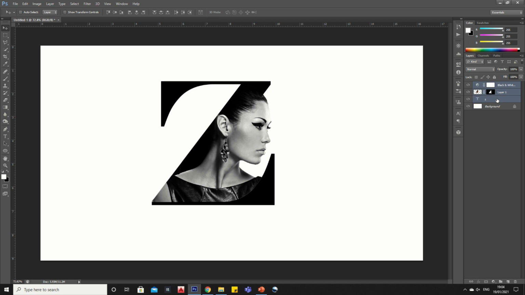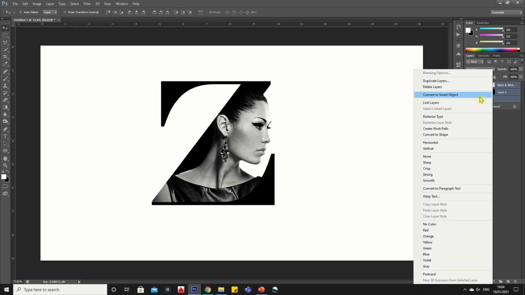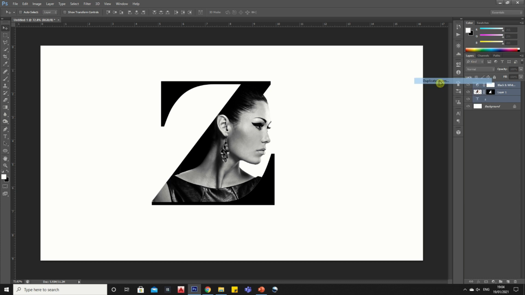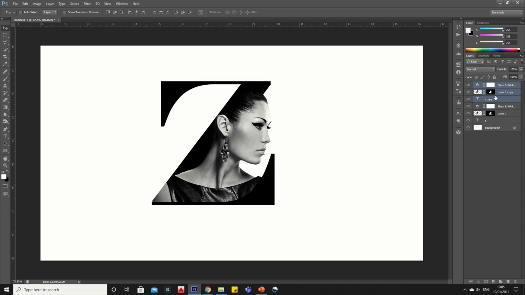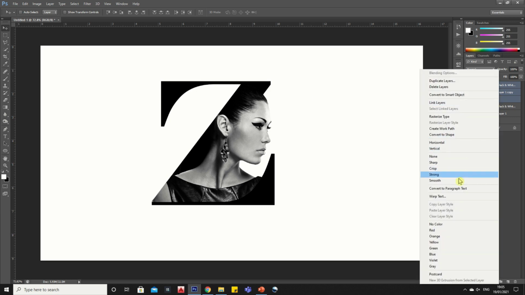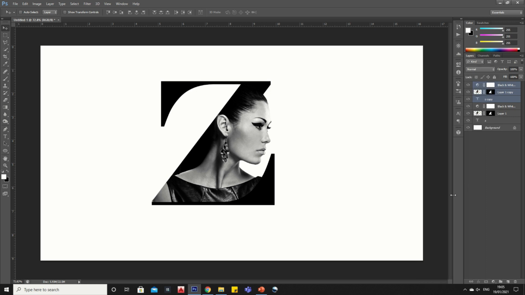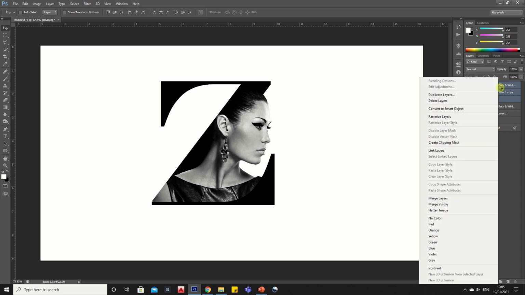Now select all layers, right-click and press Duplicate Layers. Now merge all duplicated layers.